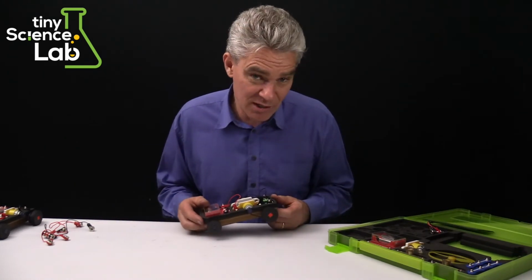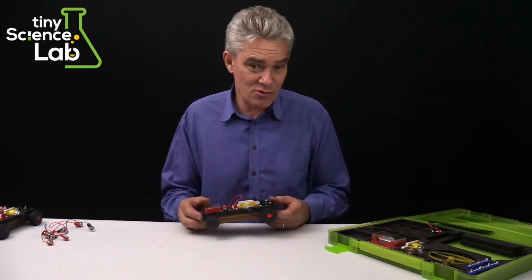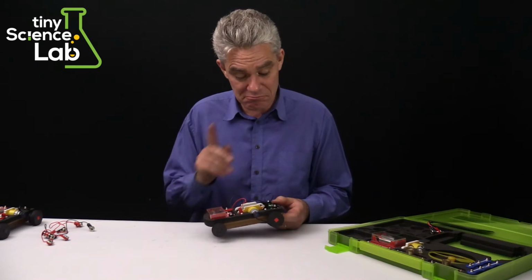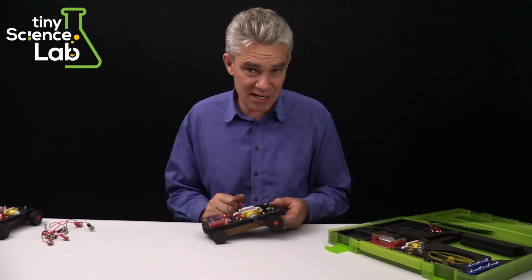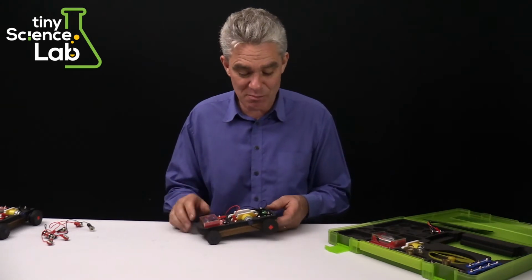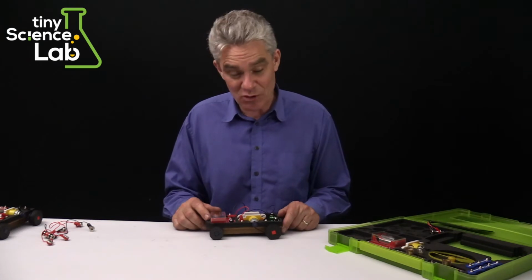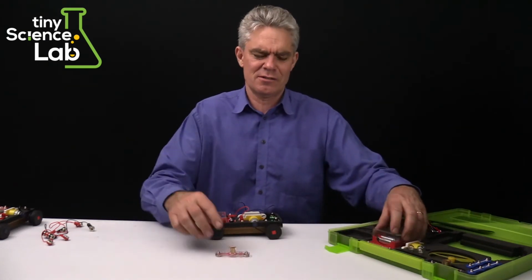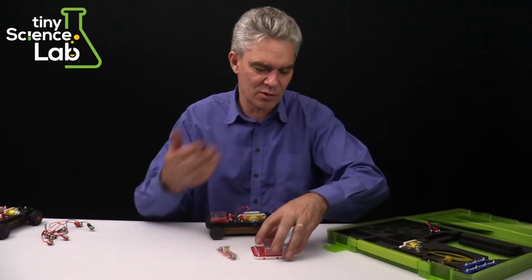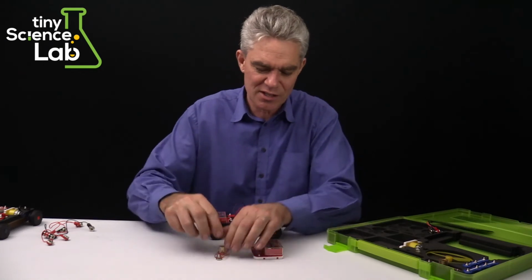Now I really would like this to go faster, so what about if I use the other motor as well? But this is not so simple. Just adding another motor is not so simple. How do you add another motor? Well, do you add the motors in series? Now, what series? I hear you ask. Well, I don't, because I'm filming a video and you're watching the video, but I'll pretend you're saying to me,